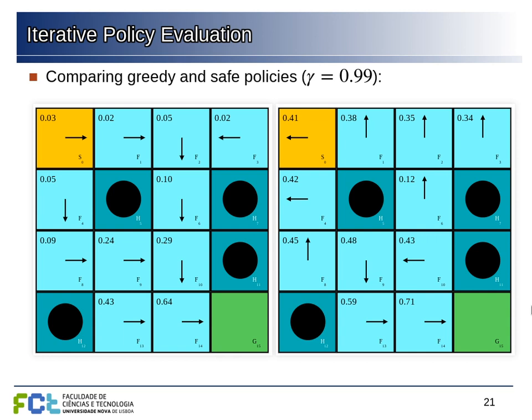So we specify the different policies. For example, our greedy policy has an expected discounted return, using 0.99 for gamma, of 0.03 here. This one, that is a lot safer, has an expected discounted return of 0.41 at the first state. And these are the expected discounted returns for all the states of the different policies. And this way we can immediately see that this one is much better than this one, so it's better to be safe in that case.